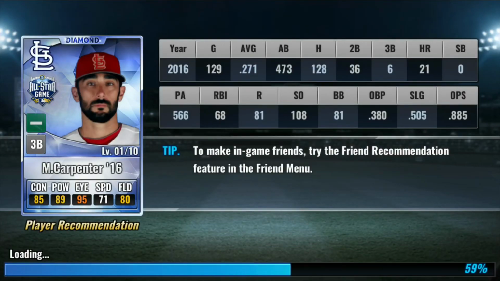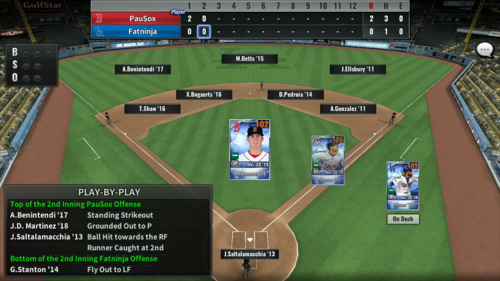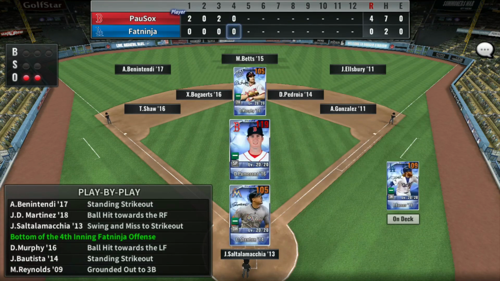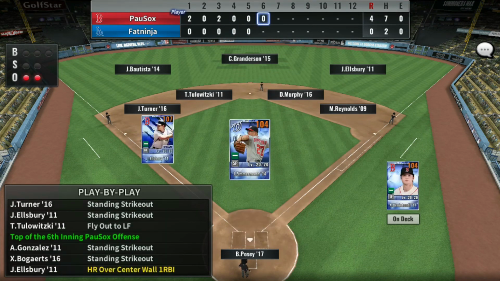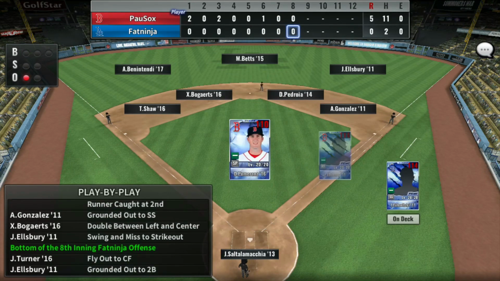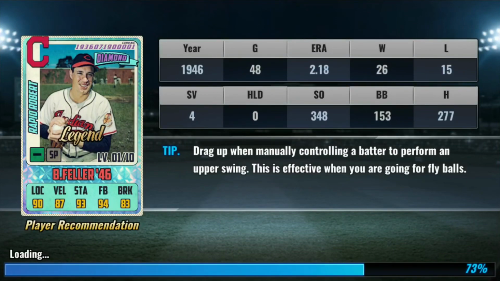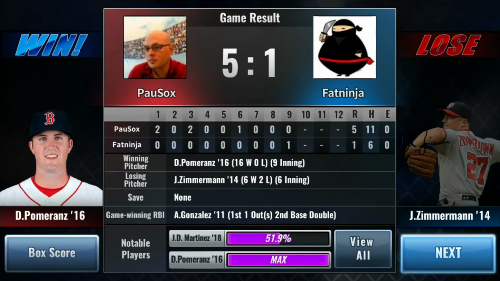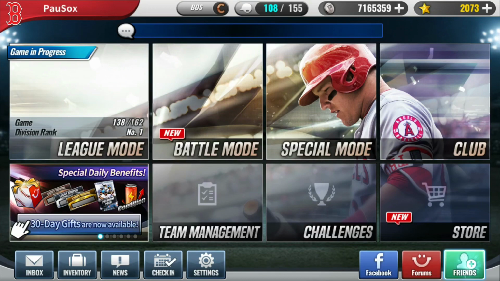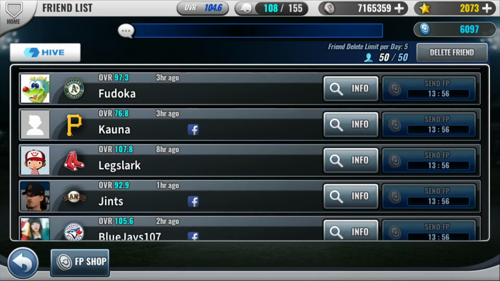Fat Ninja is a member of the club that I'm in. I wonder if I have him on my friends list still. I believe I do. Let's do this again. Let's take a look at pitching. That was Zimmerman I was facing, Sig Zimmerman, and I managed to score a fair number of runs off of him. Let's see what his skills look like. So jumping over here, let's go to friends. I believe Fat Ninja's on my... he was at one point. He might have been somebody that I lost